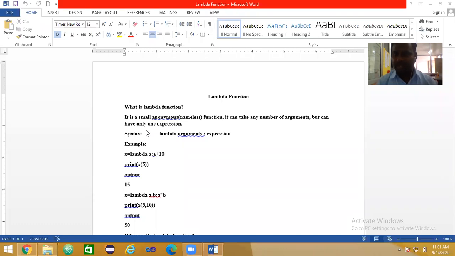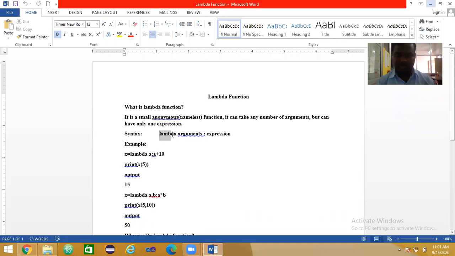It is a small anonymous function. It can take any number of arguments, but it has only one expression. See here, the syntax of the lambda function.